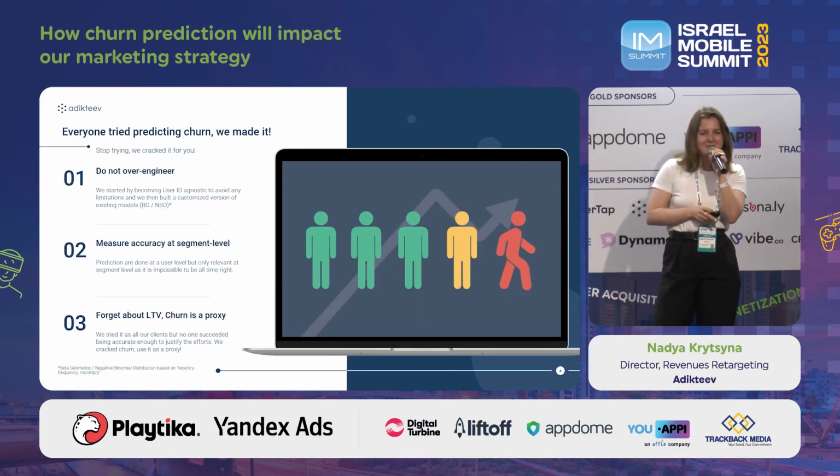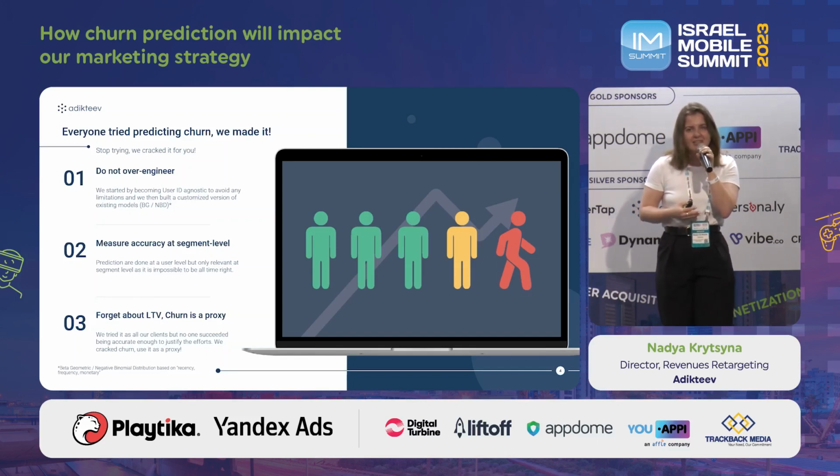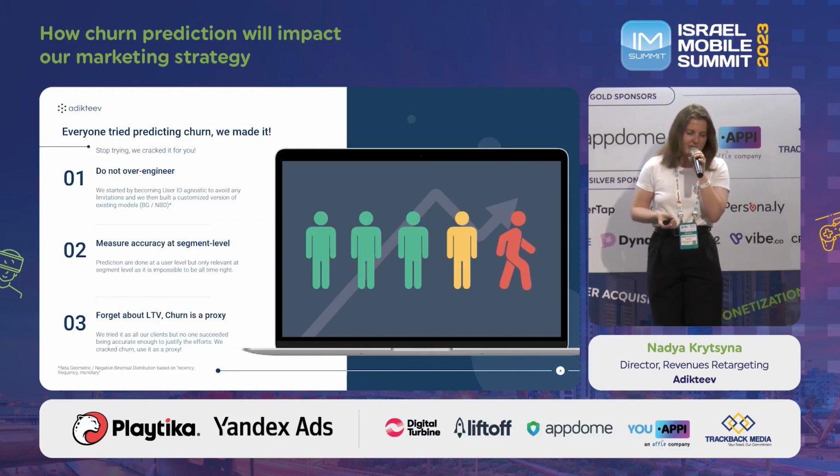So, as I mentioned previously, lots of our clients, especially big ones, already work on churn prediction. It's super hard. It requires lots of commitment and lots of investments. And starting from this year, I see more and more third-party solutions entering the market to provide churn prediction tools, and Adikteev is one of them, because we want to make re-engagement efficient. And we have a ready tool. We're gonna talk a little bit about it, but the main focus here is if it's interesting for you and if it's something that your teams are working on.